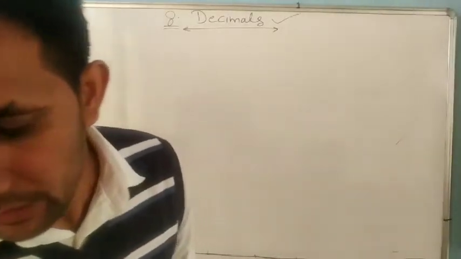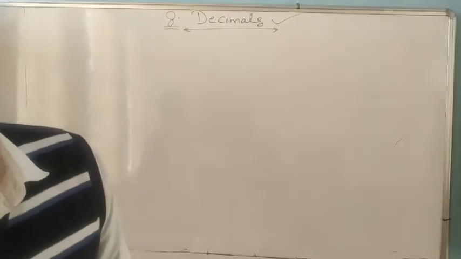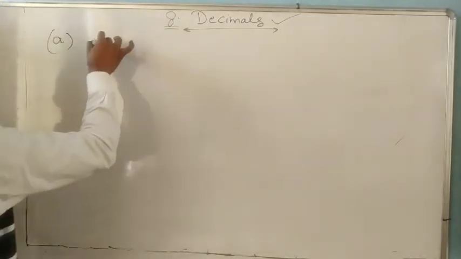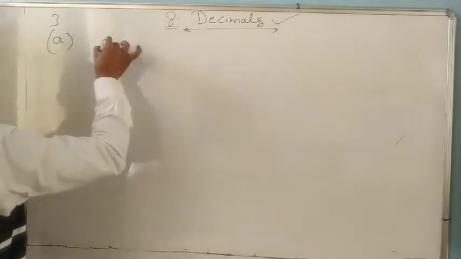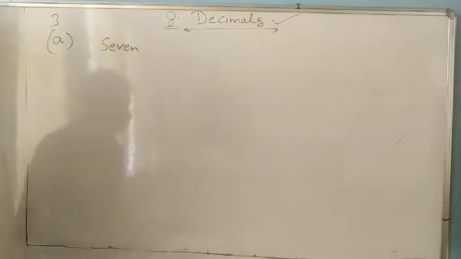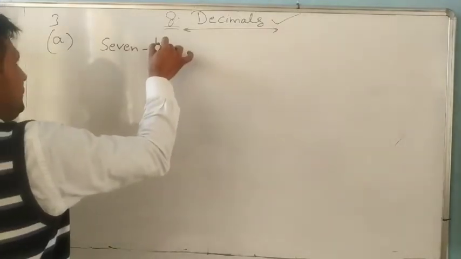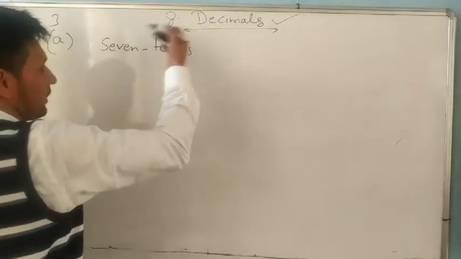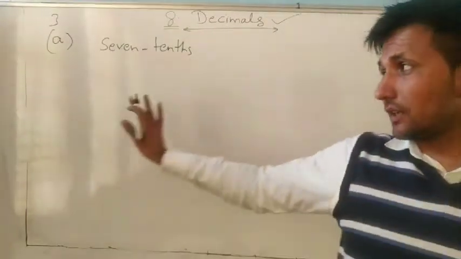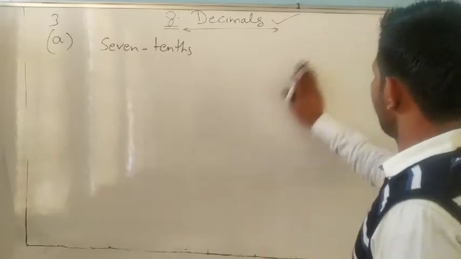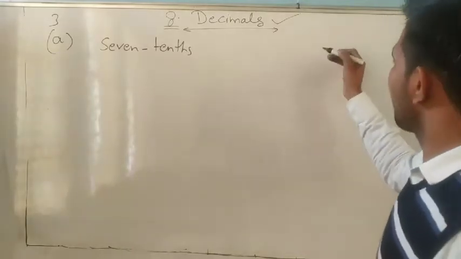Next is one more. Write each of the following as decimal. So first part is third question, 7 10th. We have to write in decimal. Before starting question 3, we have to learn some more. Look at, suppose if I write